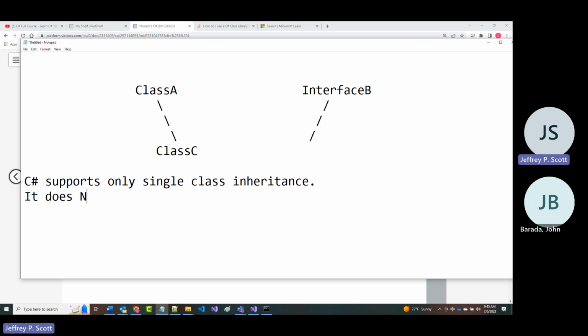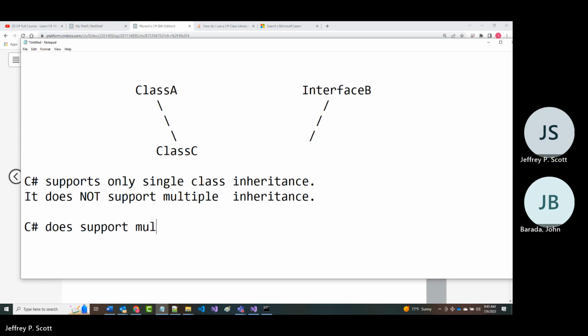It does not support multiple inheritance. But C# does support multiple interfaces, which means you can have 0, 1, and as many as you want to or need to have.